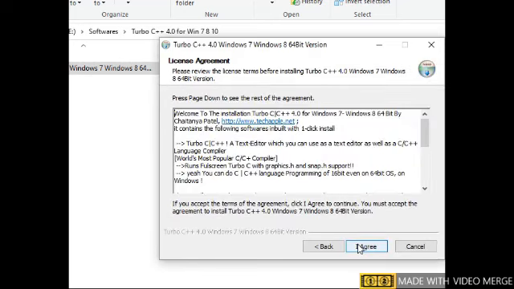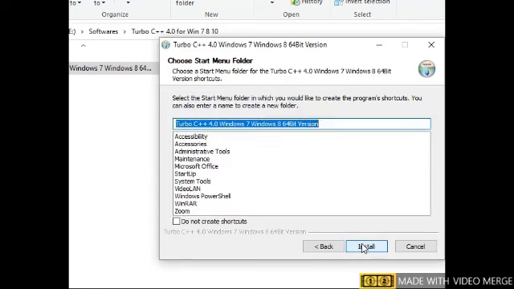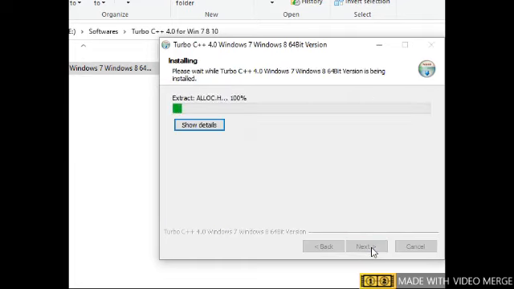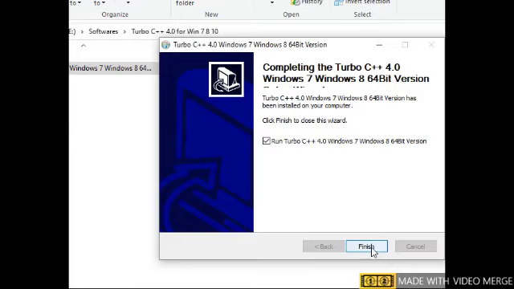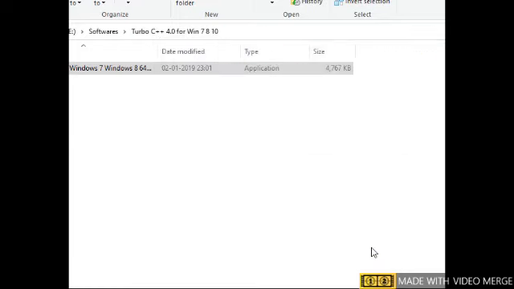Click on next. Click on agree button. Click on install. It will install the Turbo C++ in your computer. Click on finish. This is the procedure to install the Turbo C++.